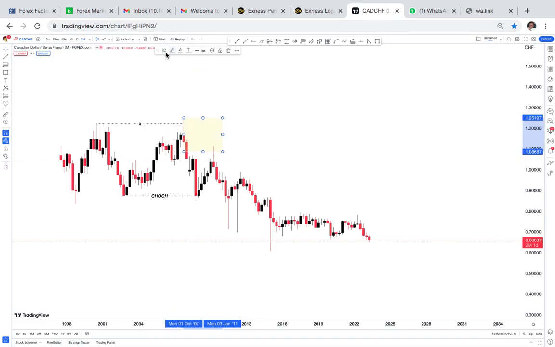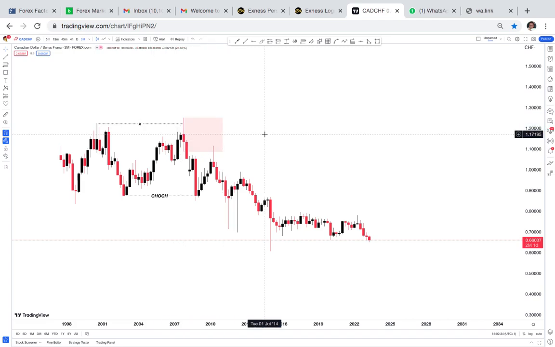Supply zone, I don't like that one. Okay, I don't like this color. Let me undo it, then put my own color. This is the color I like using for my supply. Good. So after breaking of this, price came back to the supply to stretch more